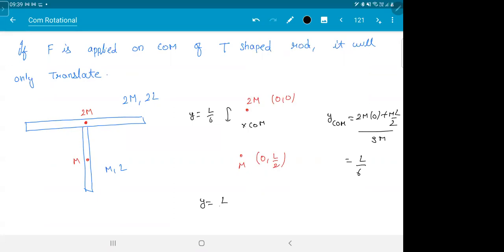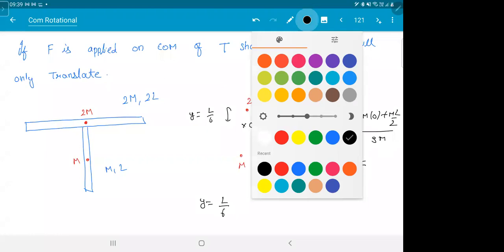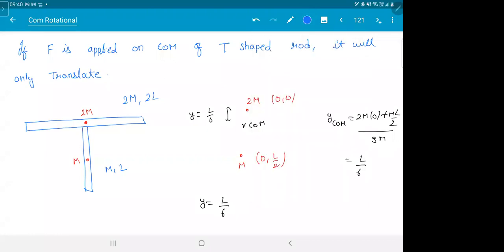This question can be asked in center of mass also: find the center of mass of the system. So on the T-shaped rod, it is at a distance of L/6 from the intersection. If you apply force at this point, the rod will not rotate. So on your pen or pencil, this is how you can locate the center of mass. If you push exactly on the center of mass, it will just keep sliding. It will not rotate.